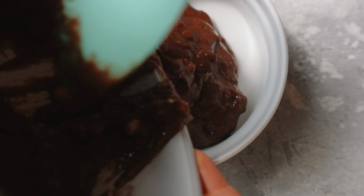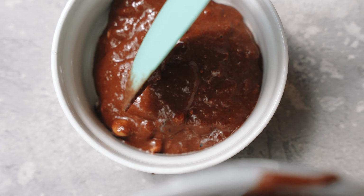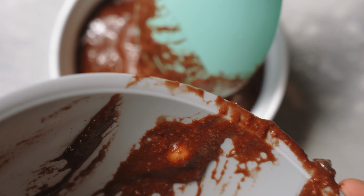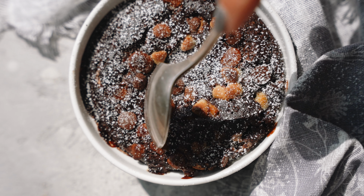Then you want to get an oven-safe ramekin and add in around 3/4 of the batter. And then go ahead and add around 2 tablespoons of cream cheese in the center, which is going to make the most amazing filling. And I actually like to add a couple more chocolate chips on top before I put